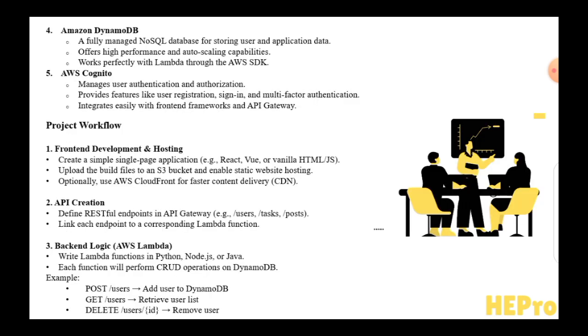In this project, you will use DynamoDB to store your app's data. It's a fully managed, high-performance NoSQL database that scales automatically and integrates seamlessly with Lambda. Cognito will manage your users, handling registration, sign-in, and authentication, including multi-factor options. Your workflow starts with front-end development, where you create a single-page app and host it on S3 with optional CloudFront